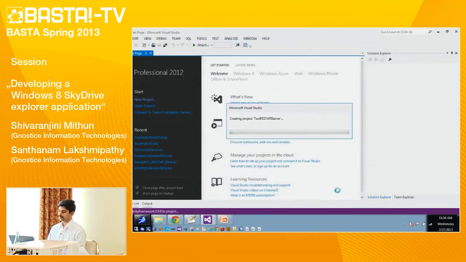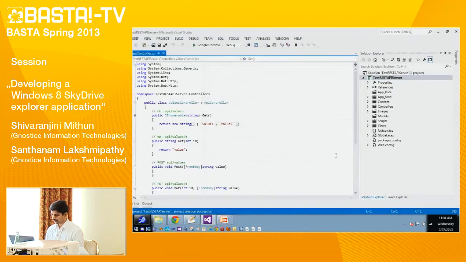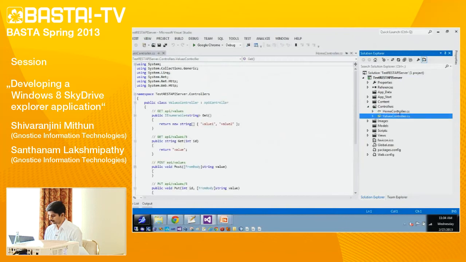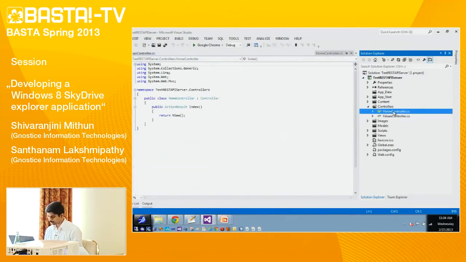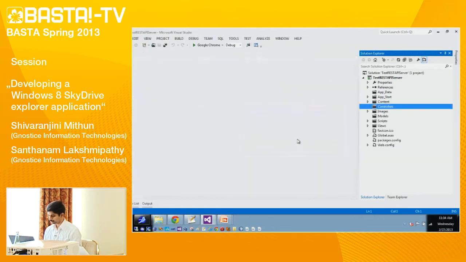The project is getting created with default classes and router information. Here it is. So we can see that there are some classes which are getting created by default. These are the classes we don't need, so we can remove all these classes.